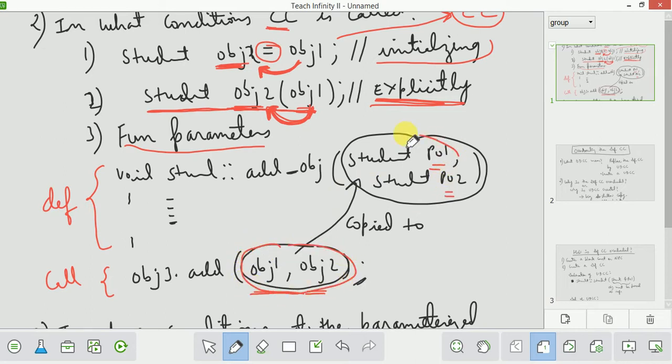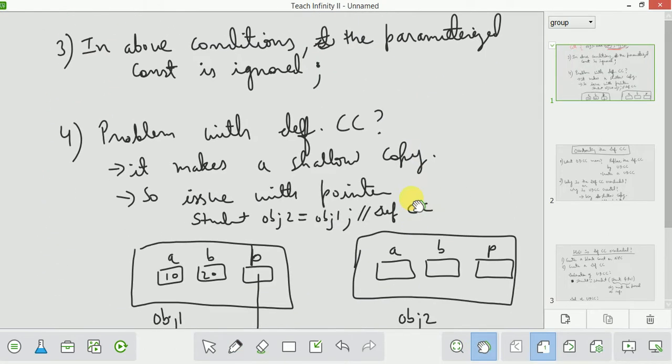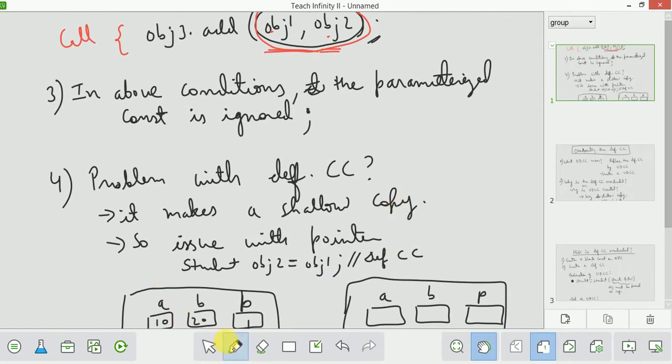In this case also the copy constructor will be called. Object 1 will be copied to po1 and object 2 will be copied to po2 using the copy constructor. So these are the three conditions. First is when you are initializing, second is when you are explicitly calling, and third is when you are using function parameters.